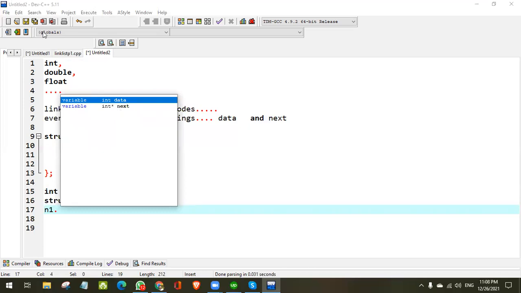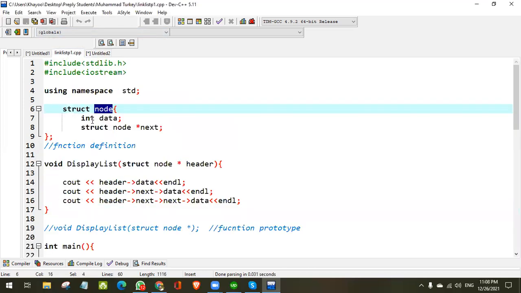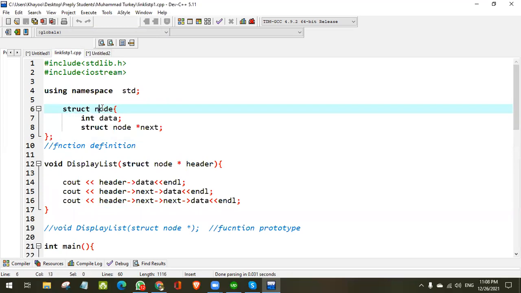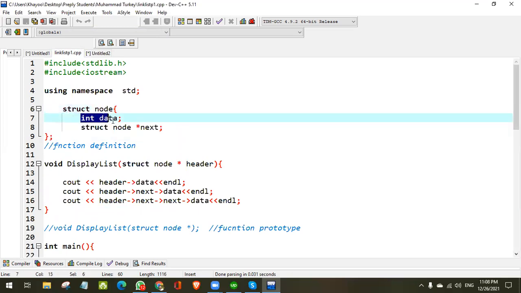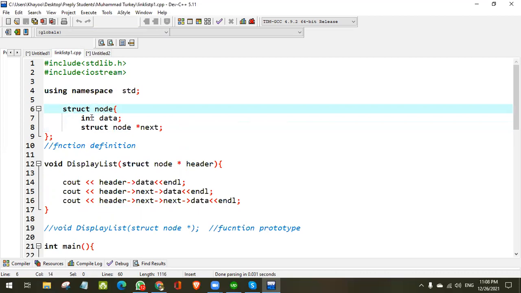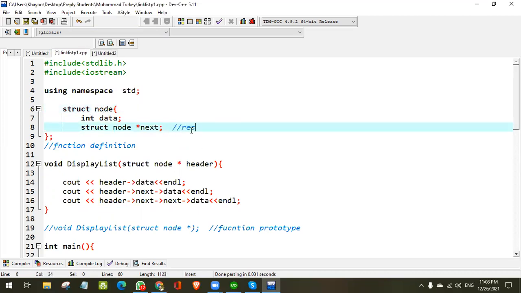Look at here. In the same way, here in your code, we have defined this structure. This node is defined here. Look at here. The node is defined in which one part is data variable. The next part is another node, not here a pointer. We are creating another node here, which is of same type. This is called recursion, reusing of the same thing. You understand?